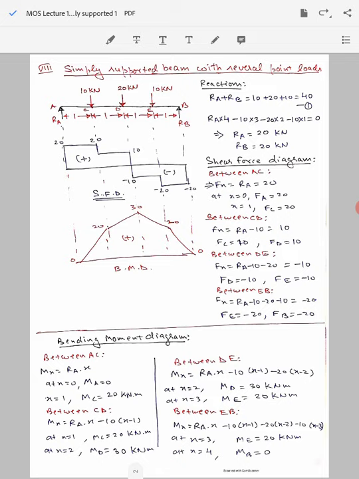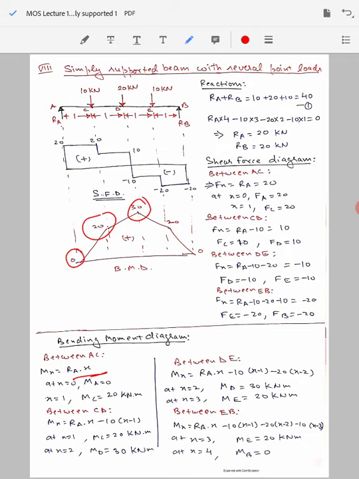Now we are going to plot it, and for the bending moment diagram, as I have already told you, the application of load will cause the beam to flex in a kind of smiley shape, which is positive for me, and we are going to plot it on the positive side of the reference axis. We start from the point A where it is 0, and then we go to the point C, and at point C the value is 20 kilonewton meter. Between A and C, because the equation is showing a linear relationship there, there will be a straight line or ramp up here. Then from point C to D, the value changes from 20 to 30 kilonewton meter.